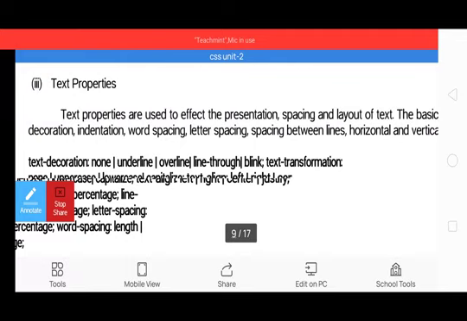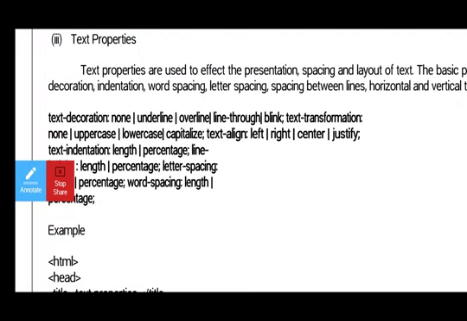We can decorate the text by using none, underline, overline, line through, or blink text, which is blinking of the text. So these are the different types of text decoration.